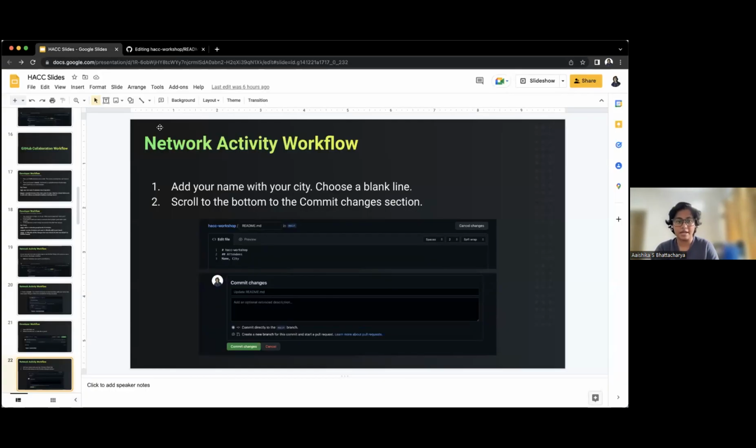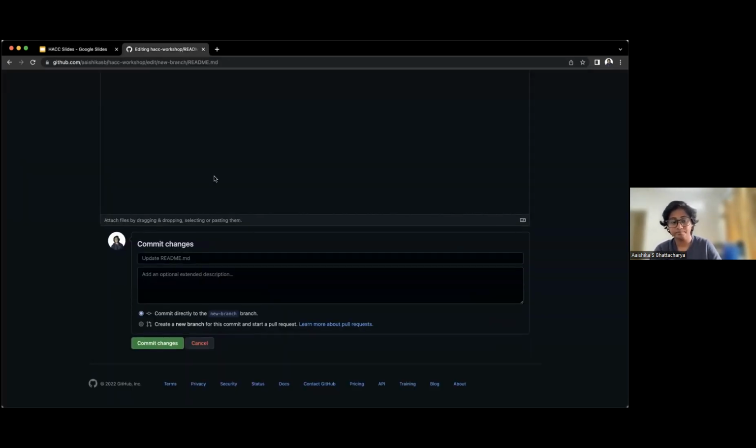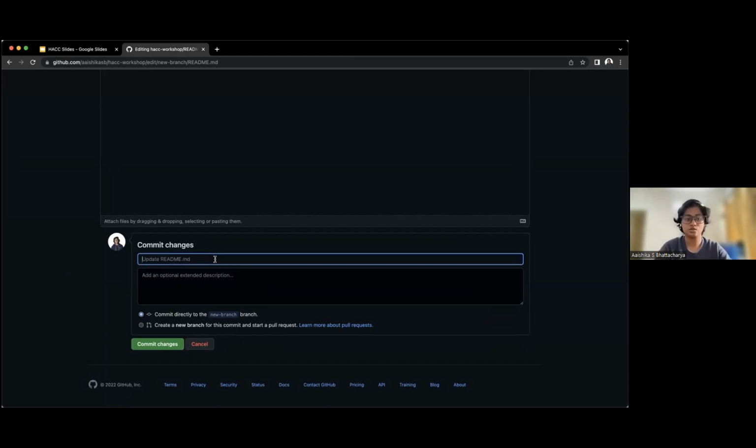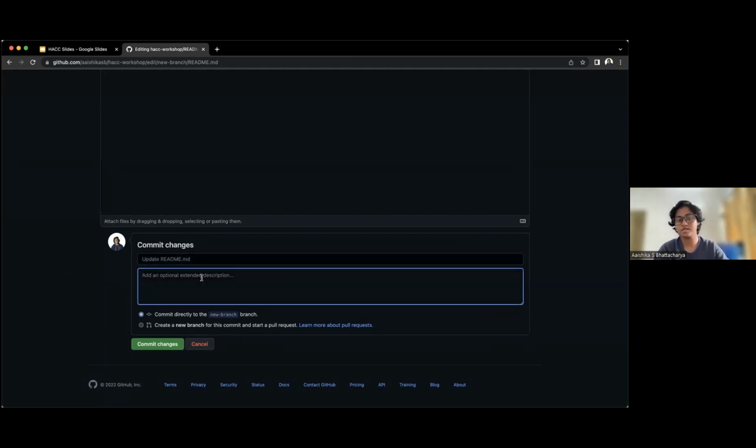And now all that I need to do is scroll to the bottom to the commit changes section. Commit changes is where I basically propose my code changes to be recognized officially. So it's standard practice again to describe all that you're doing here in the dialog box.